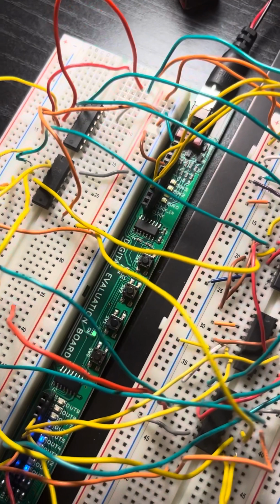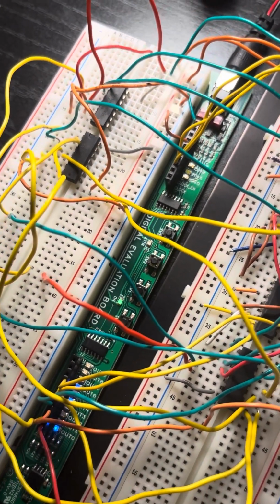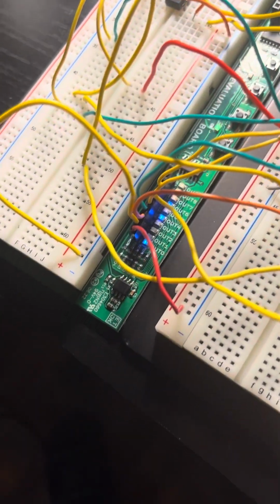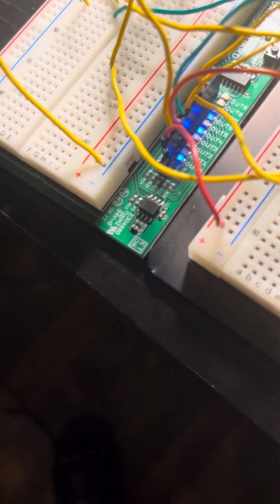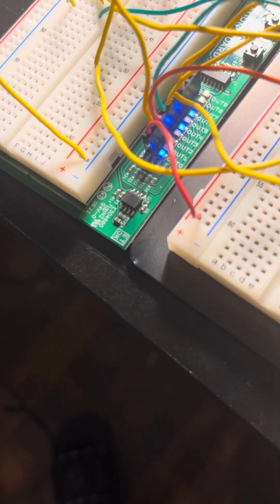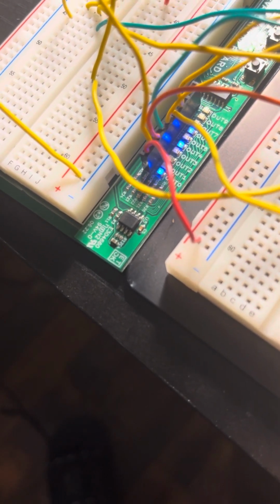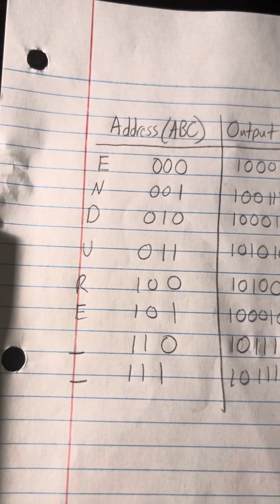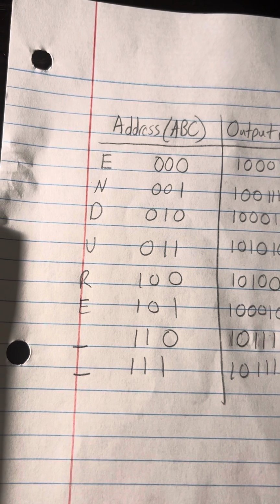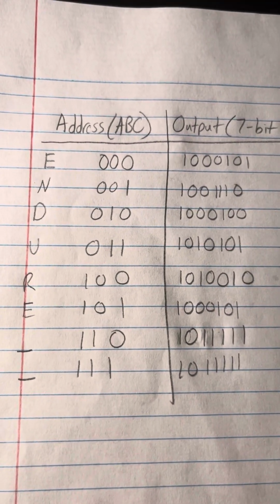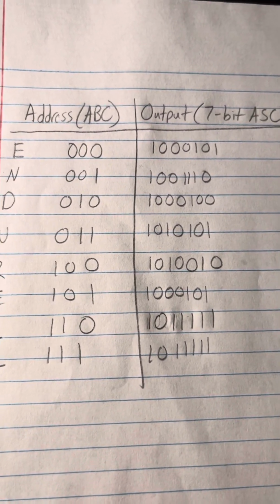So if I power on my circuit and keep all inputs low such that our input address is 000, we can see the 7-bit ASCII combination to be 1000101. Now when we go to our next address, which is 001 and corresponds to N, we can see the 7-bit ASCII code output to be